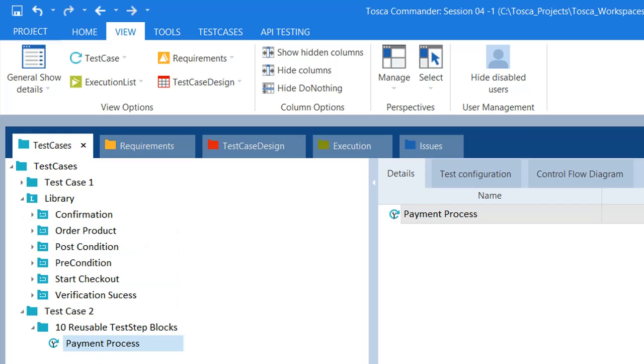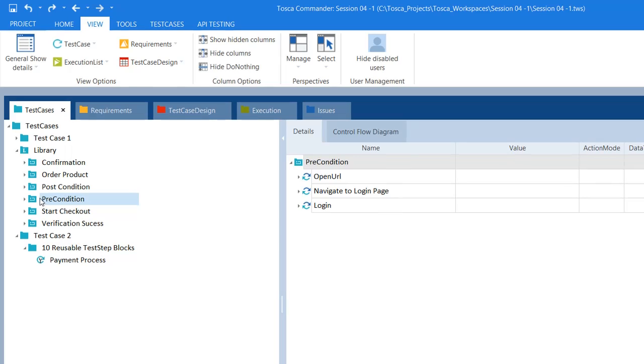So this is our new test case that we are going to automate. Create a test case folder and then your test case payment process, right? You need to drag your reusable test step blocks. So my first reusable test step block is precondition. Drag this